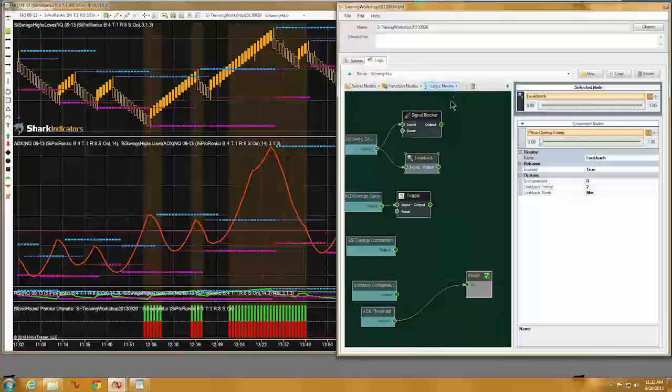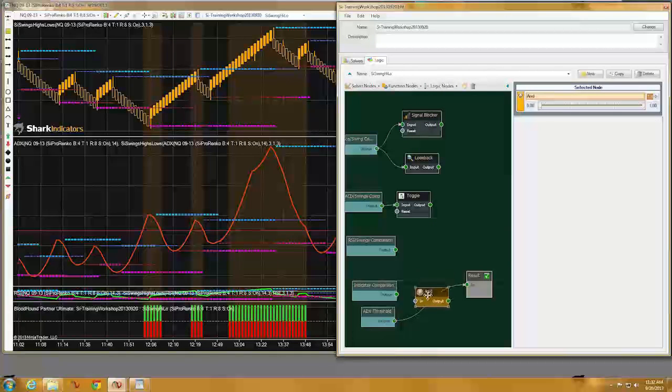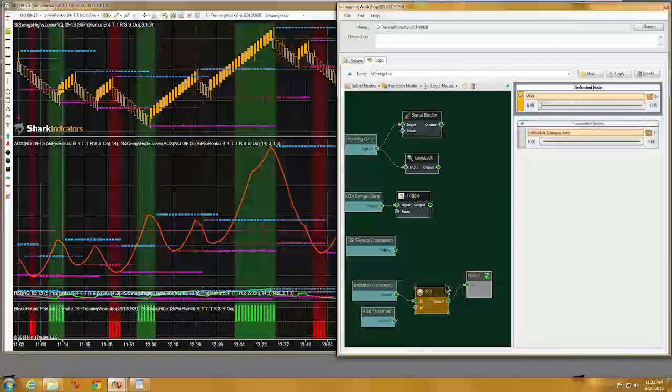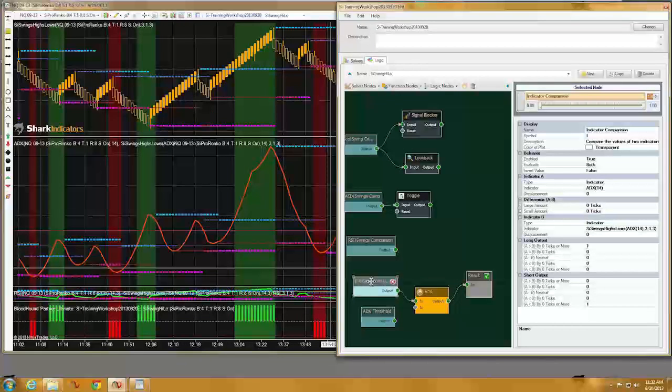Next, I just need to join those two solvers together with an AND node. This right here is just the ADX in the comparison solver. And now if we add our threshold filter,